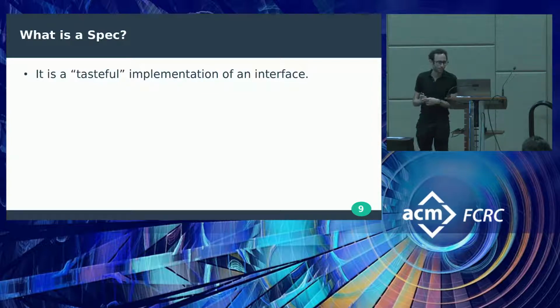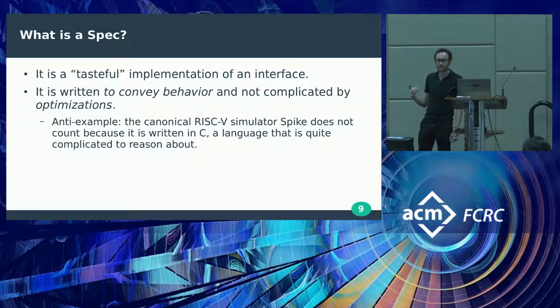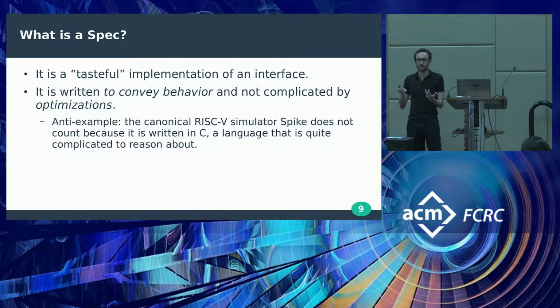And at some level, that's what a spec is, but it's a particularly tasteful implementation of an API. So what does that mean more concretely? It's written to convey behavior and not to run fast itself. We don't want optimizations to complicate the spec, because that makes it harder to understand what kind of rules it's